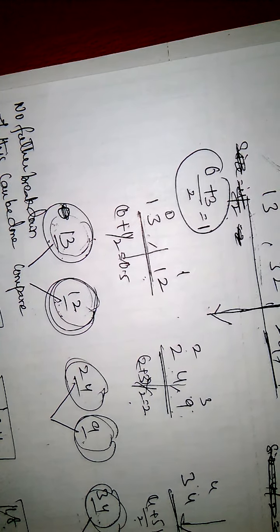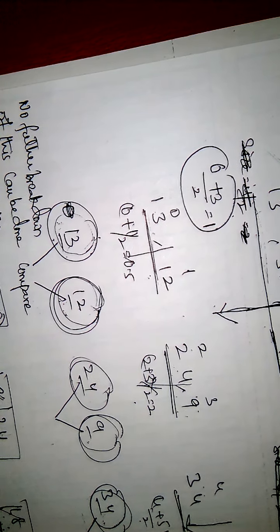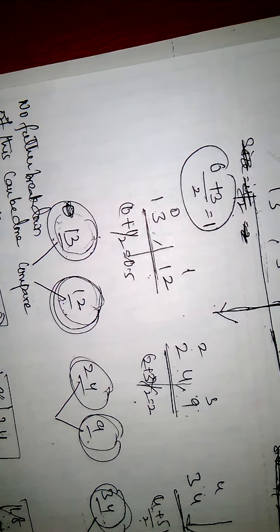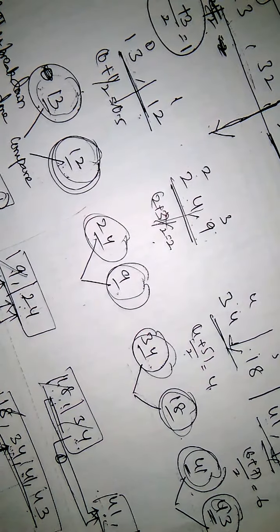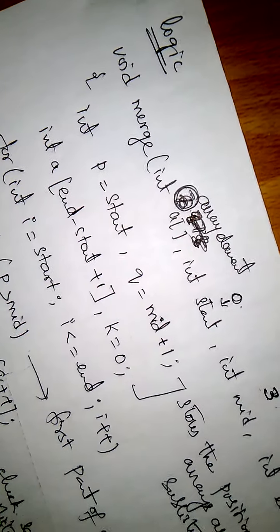So when we start merging the elements after splitting, after making singleton sublists, we merge by comparing the adjacent elements. That is called backtracking. Here we call this the backtracking process. Okay, this is about merge sort. Now this is the logic. You compare with the example.